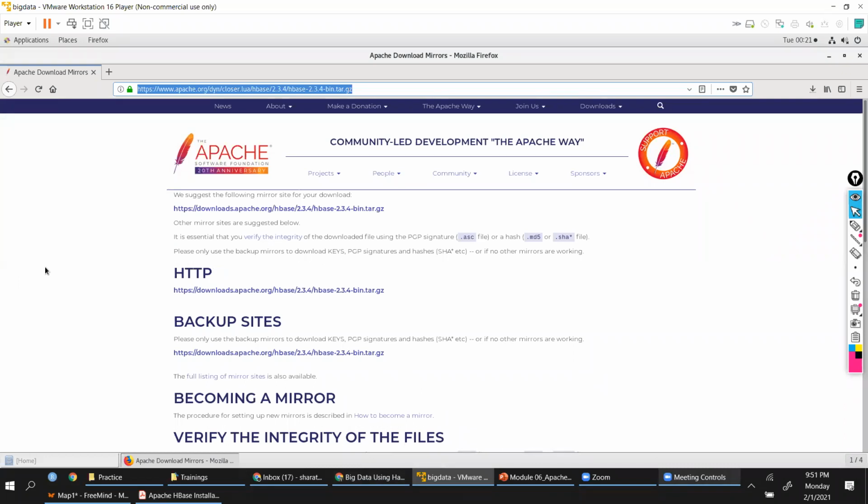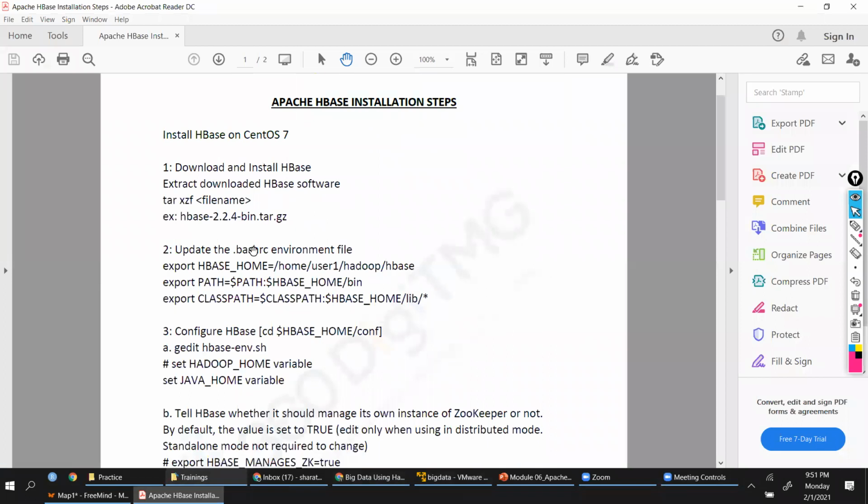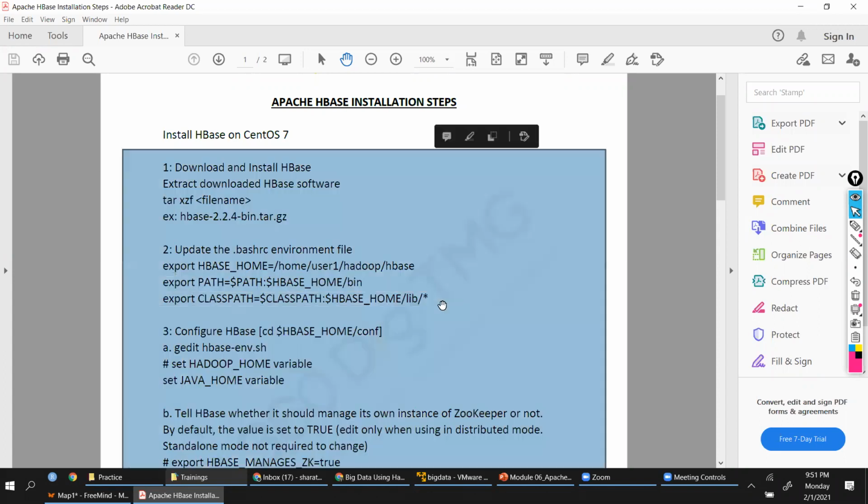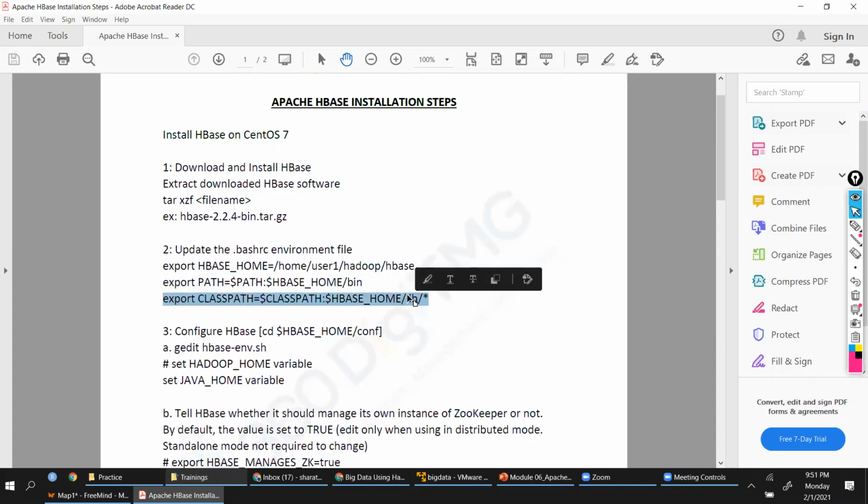Yeah, just like other softwares like Hive and Pig, here also we will have to update the bash RC. Right? The first point is your path variable, and for path variable, to make it easy, we are having HBase home. So first define your HBase home and then define the path. You also need certain predefined libraries which allow HBase to work on top of Hadoop file system. So there are a few jar files which are defined in this location.